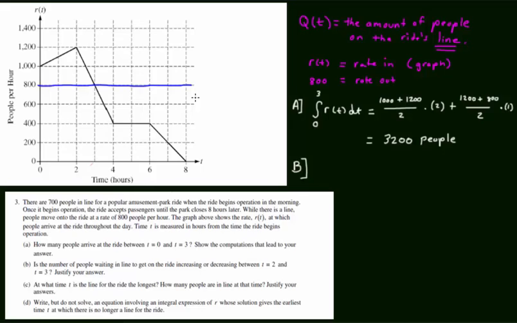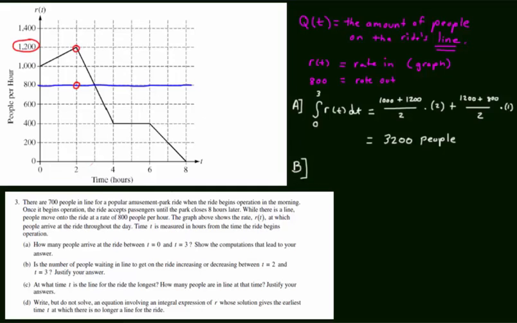Because in Part B, it wants to know, is the number of people waiting in the line to get on the ride increasing or decreasing between t equals 2 and t equals 3. First, let's just analyze what is happening at exactly time 2. At time 2, people are entering the line at a rate of 1,200 people per hour. But at that very same time, people are leaving the line at a rate of 800 people per hour. So there are more people entering the line than leaving the line, so the line is going to increase in